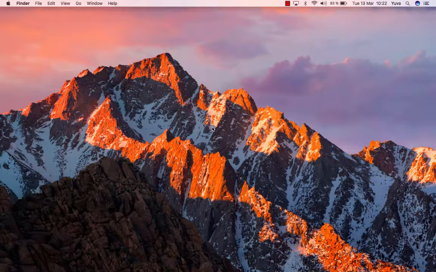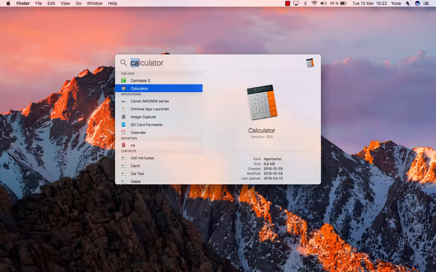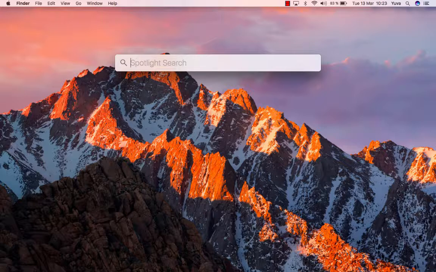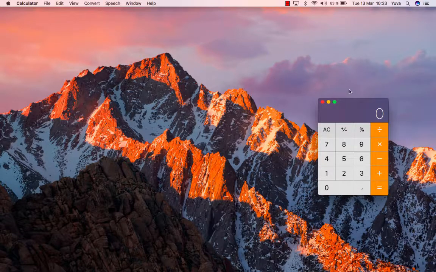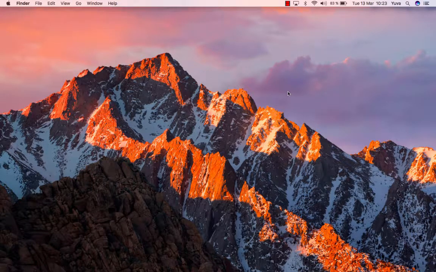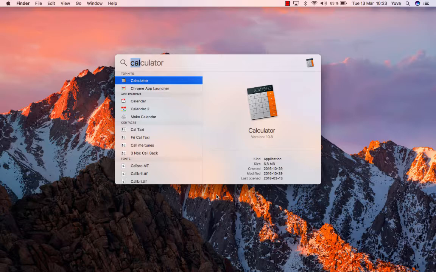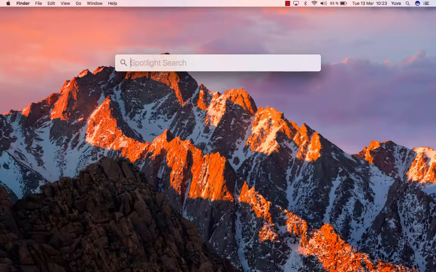Now, would you like to find any files? In Windows, we'd go for the find option. But Mac has a feature called Spotlight. It is placed on the top right side of the desktop. So when you want to search for an application, for example if you would like to open calculator, you can type calc and it will pop up. If you would like to open apps, you can go to Spotlight and type whatever it may be. I'm going to use it